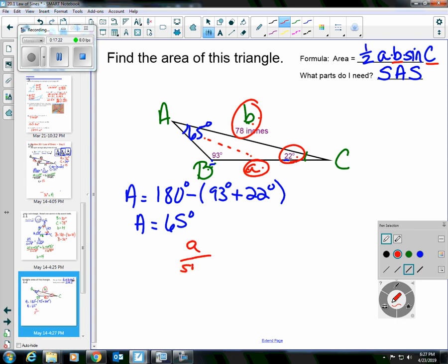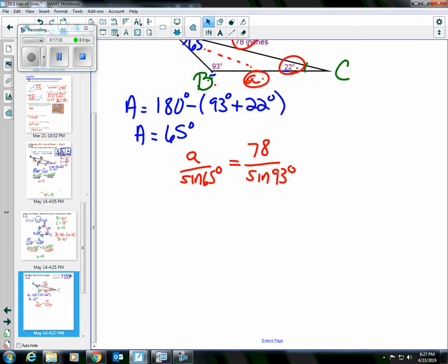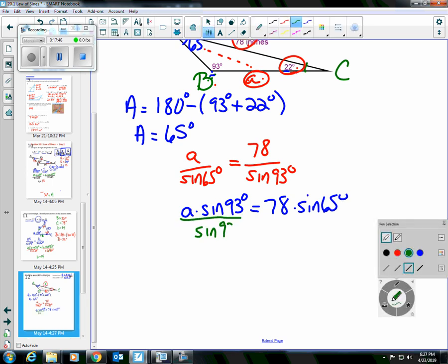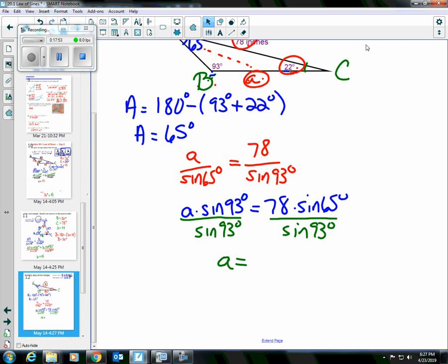So little a is to the sine of 65, which is angle A, as, let's use the one we know everything about, little b, 78, is to the sine of angle B. And I can actually find that missing piece. So then we can use that area formula. So little a times the sine of 93 degrees would be equal to 78 times the sine of 65 degrees. And we can go ahead and solve for little a. So I'm going to divide both sides by the sine of 93 degrees. And I can get that other little piece that I need. So little a,